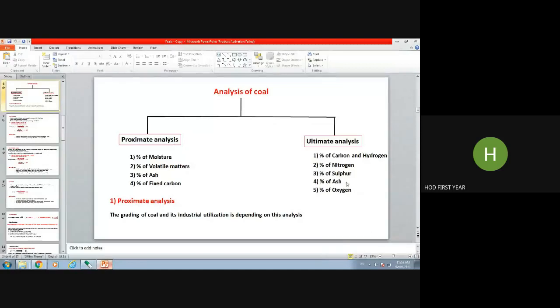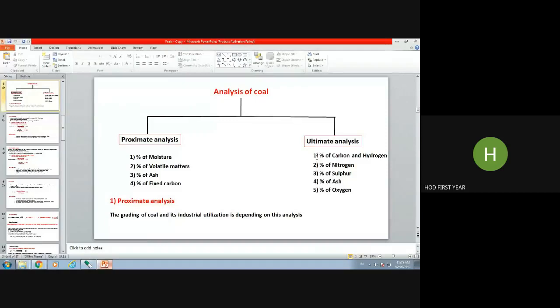Okay. So here, if you look at the tabs, you can see these are the elements, or you can say micro elements, which are contributing towards calorific value. The calorific value is important property of fuel. So carbon, hydrogen, sulfur, these are actually combustible. Nitrogen is not combustible. Oxygen is also not combustible. Oxygen required for combustion. Ash is non-combustible. But to determine percentage of oxygen, finally, we need all carbon, hydrogen, nitrogen, sulfur, and ash.